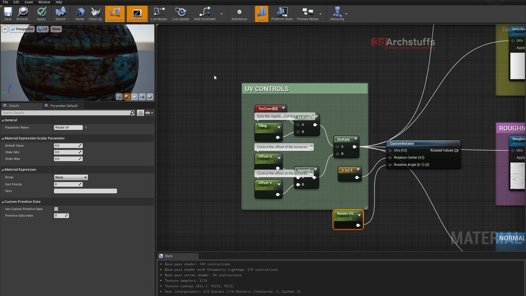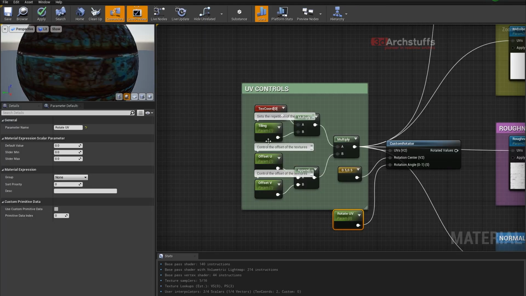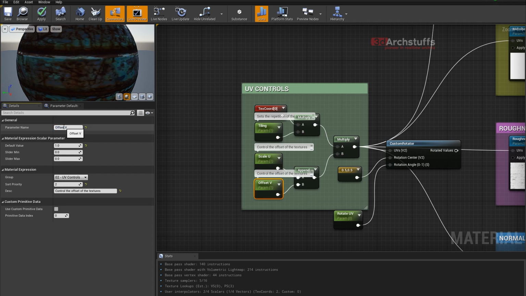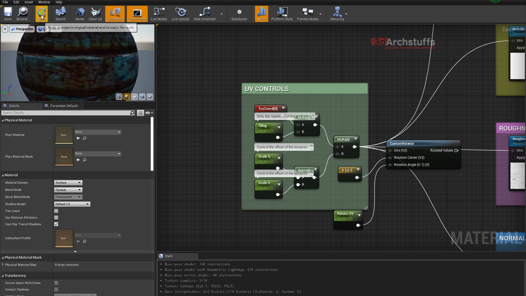And now there is a feature here in this material: offset U and then offset V. But it's not basically offsetting the U and V, it's scaling the U and V. So let's rename it appropriately. Instead of offset U, we will rename it as Scale U and then Scale V. And if we save it now